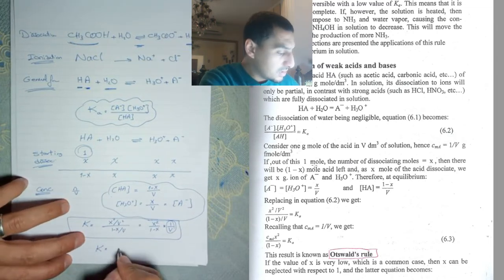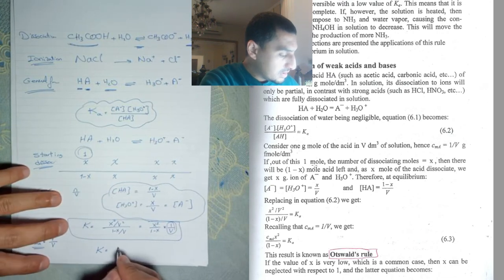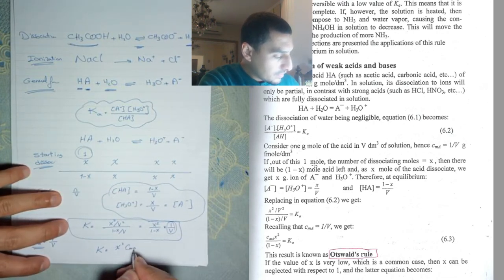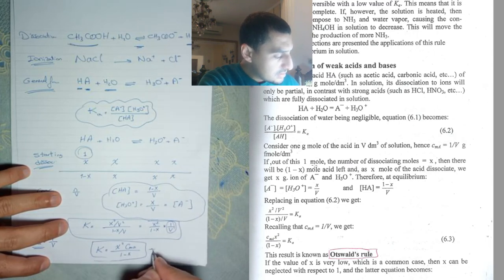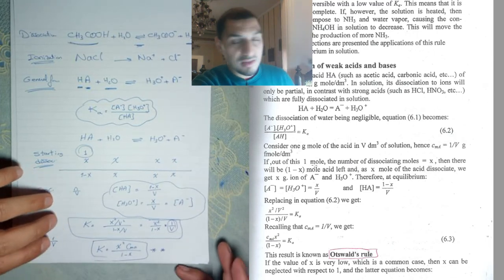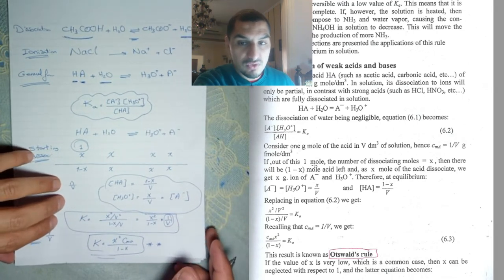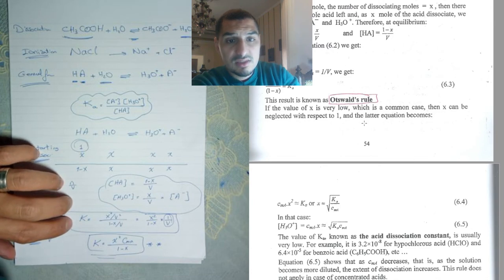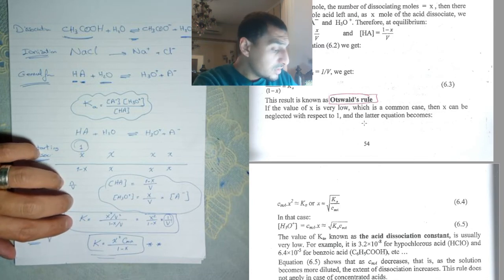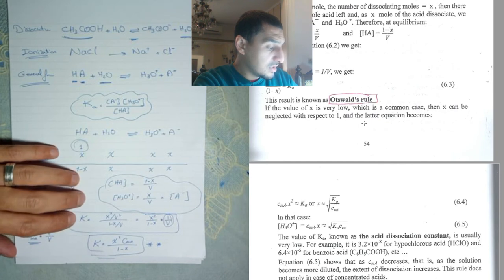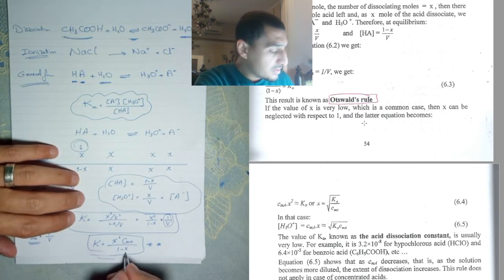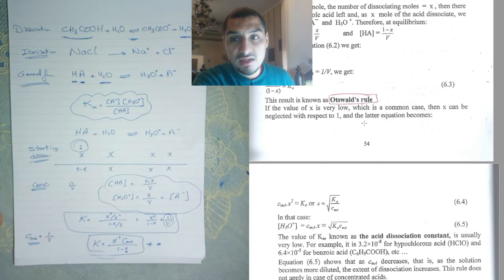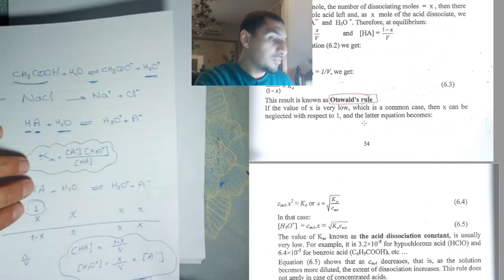So the K would be, with 1 over V as CMA, CMA multiplied by X squared divided by 1 minus X. This is a very handy and useful relation, what we call Ostwald's rule. It is a very useful rule that we can use to get the percent dissociation. You can consider X as the percent of dissociation of the acid in a solution. We can simplify it more